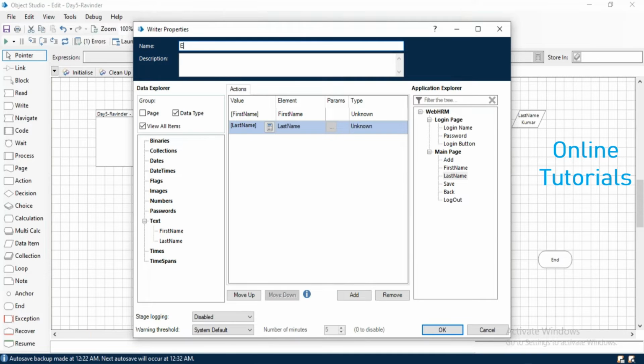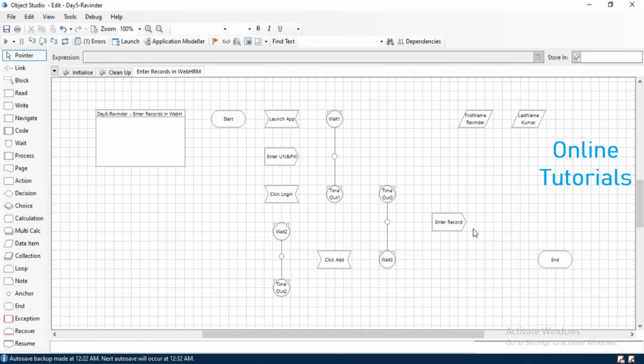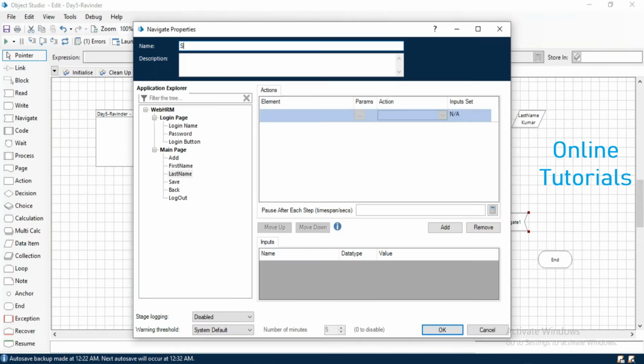So this is nothing but enter records. After entering the record, what you have to do? You have to click on save button. So drag this navigate, click on save button,